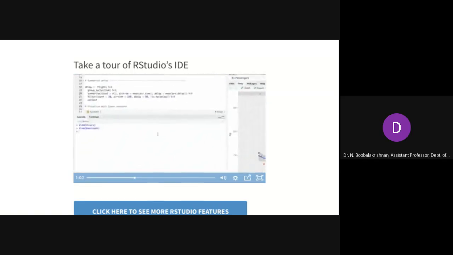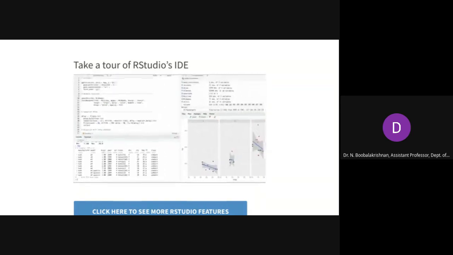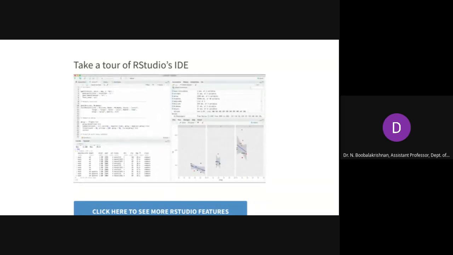The R console is for executing R commands interactively. It allows you to issue commands and observe the output. When your R code produces plots, you'll see them here.